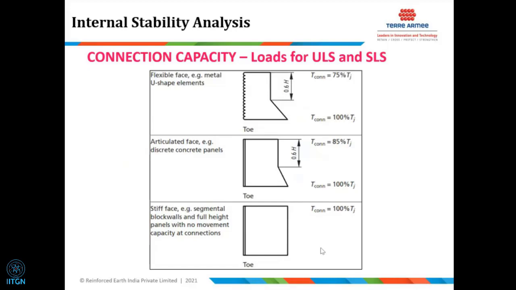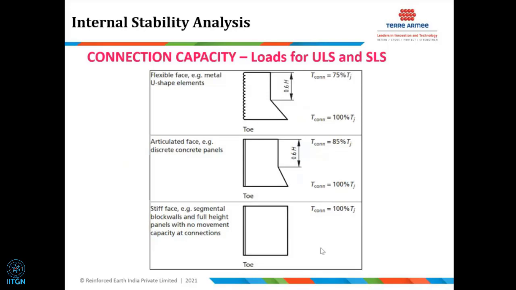If the facing fails, people will say it is a failure of the wall, which is not the case. We geotechnical engineers know that if the facing collapses, it doesn't mean the structure has collapsed, technically speaking. But from a serviceability condition, yes, it's a major failure. So we cannot ignore this concept of connection checking. My idea is to highlight this topic, not just to show you because it is there in the British guideline,